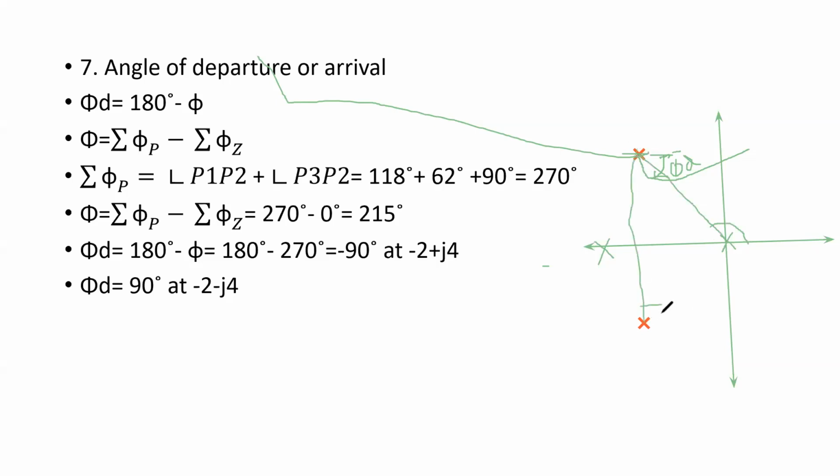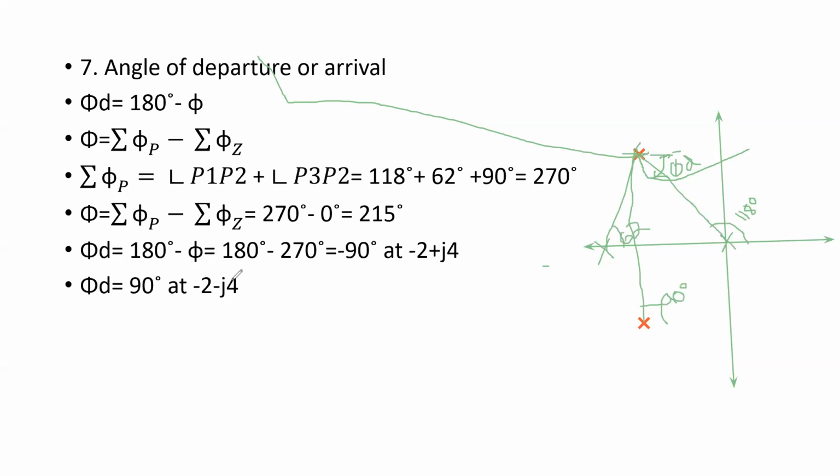What is the angle this pole makes with this? It is 90 degrees. And what about this? This makes an angle of 62. You'll have to keep the protractor and check. This is making an angle of 90 degrees, and similarly, this is making an angle of 118 degrees. So then using the equation, you can just check